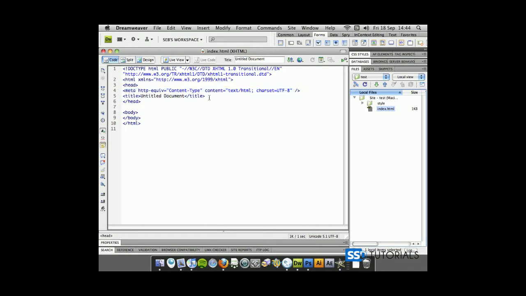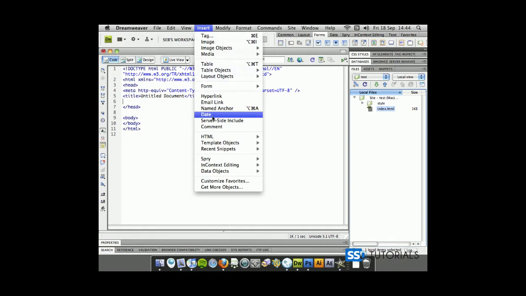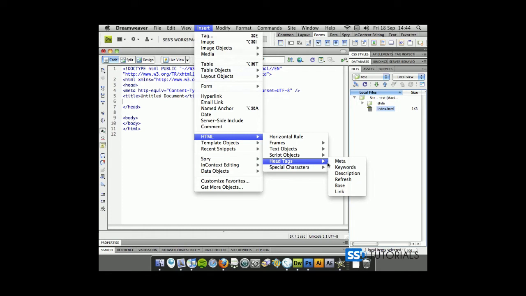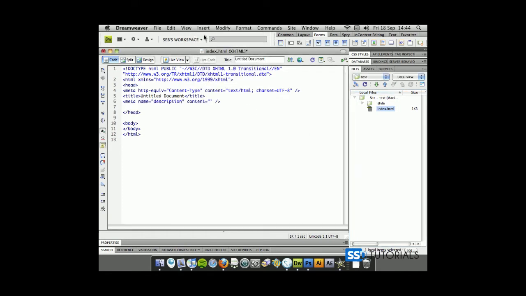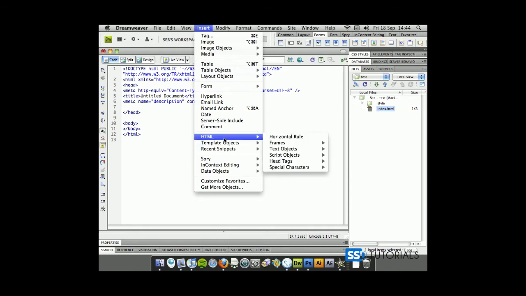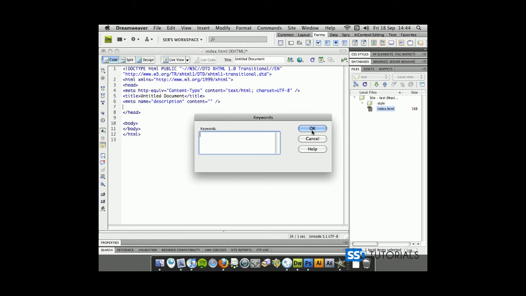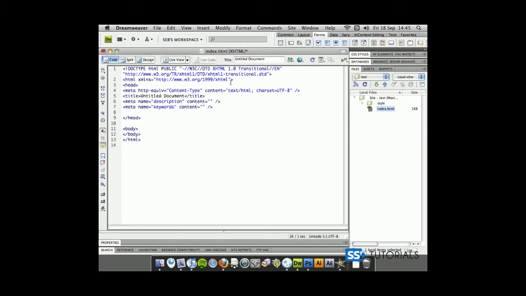title. But hey, I'm also going to include description, meta keywords, and one meta tag which makes the image toolbar actually disappear. So if we go to the insert, we go to the HTML, then we go to the head tags, meta description, I'm going to leave it as blank, as a placeholder. Then I'm going to use the same HTML, meta tags, keywords, blank again, and the next one, I just need